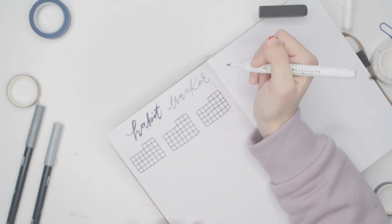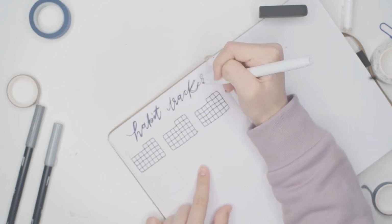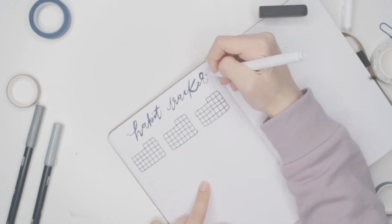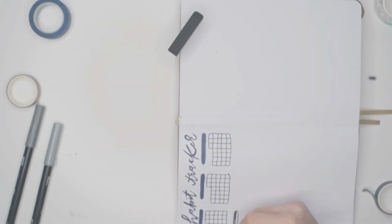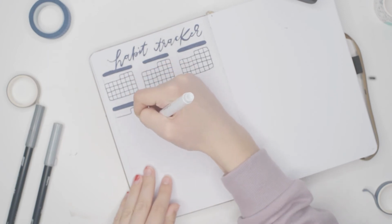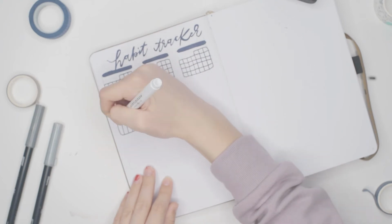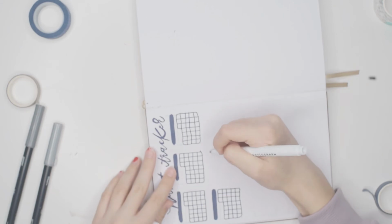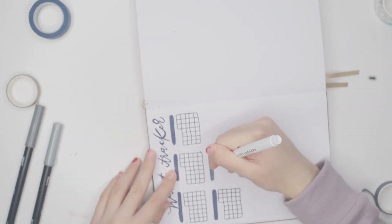So yeah, anyways, for my habit tracker, I decided to go with that same font, and this is what I meant by the font. From the angle that you're looking at now, it doesn't look as bad, but once you flip it over, it's really slanted. I think it's because of the angle that my notebook was at, and it doesn't really match the rest of the spread. I've kept it for now. I thought I may change it later, but for now I'm just keeping it like that. Like I said before, the font has been kind of hard to do the exact same for every single spread, but I think I kind of got it down pat for my